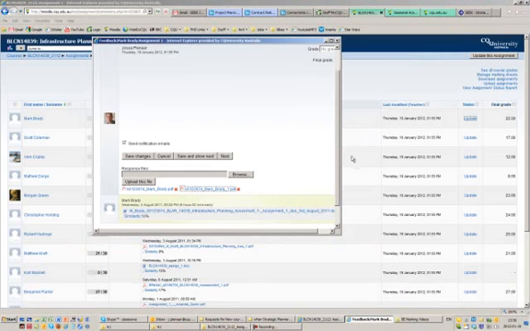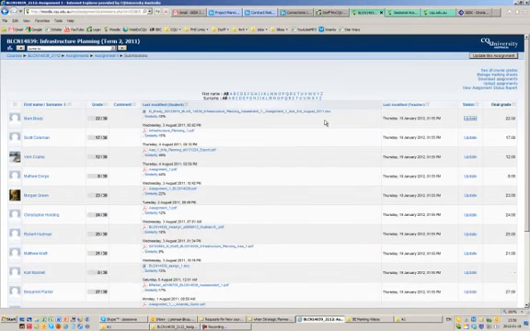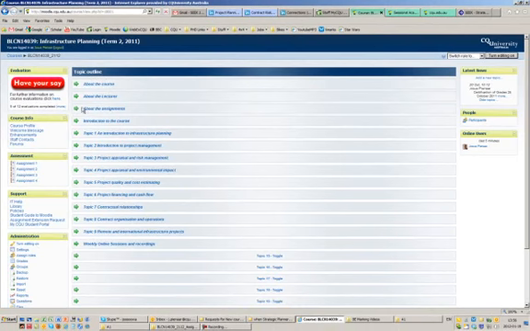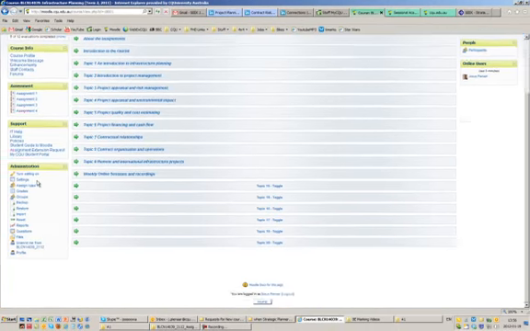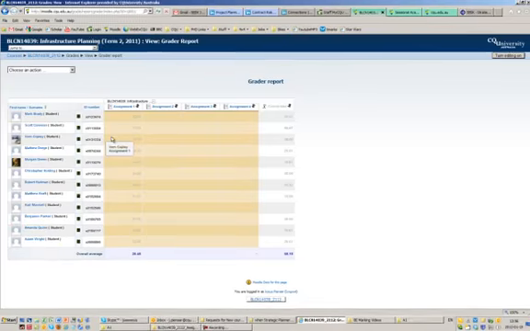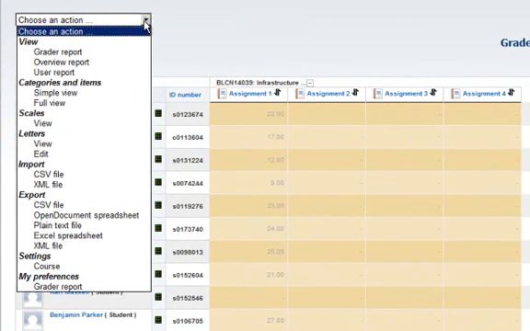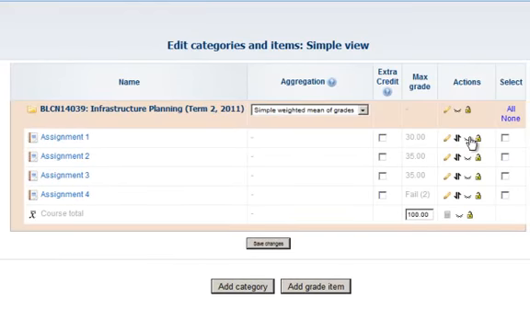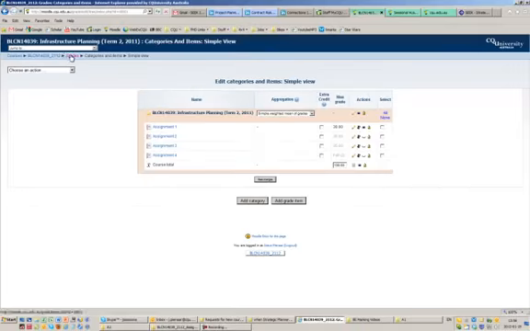We're quite happy with that, and you can do a few checks if you like depending on the number of students that you have. Alright, so now the only thing that we still need to do is to make the results available to the students, and this is done by going back to the front page again, administration, click on grades, click on choose an action, simple view, and click the little I to make the results available to the students,